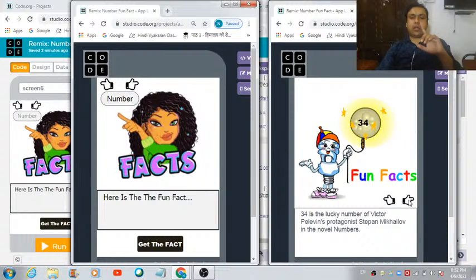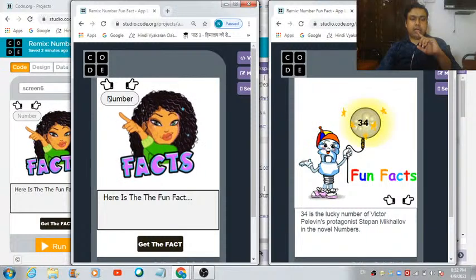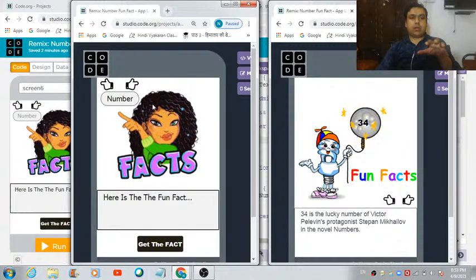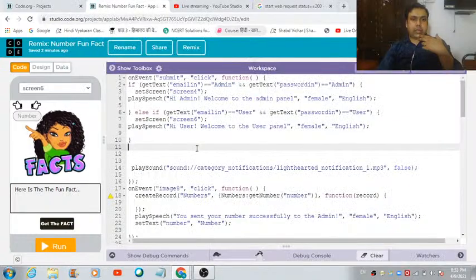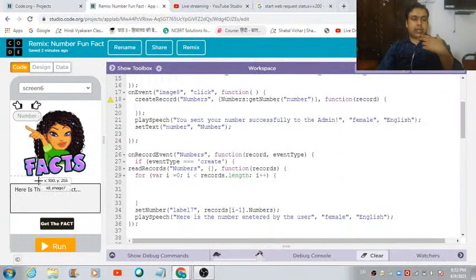Okay, there is one thing that I have missed. The number is not getting reflected over here. I need the number to be reflected over here, because in that case, if the number will not be here, the user will not be able to get the fun fact in real time. So what we can do, we can eliminate